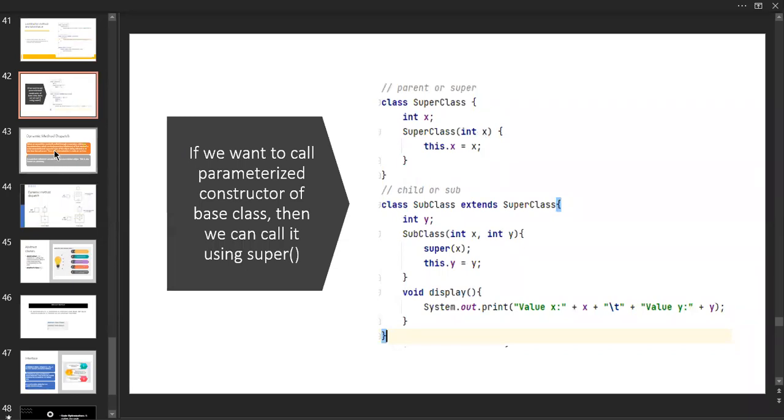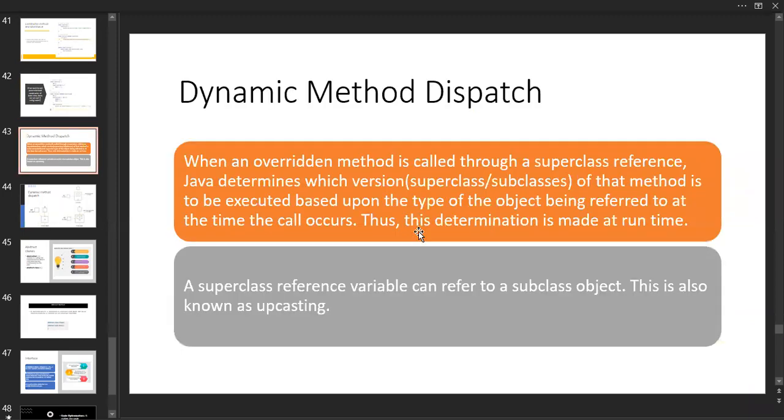And now we are going to discuss dynamic method dispatch. So when does it occur? This is the normal way of overriding methods. It happens at the time of overriding methods. But at the time of calling the subclasses, we are not going to create an object and directly call the methods inside the subclass.